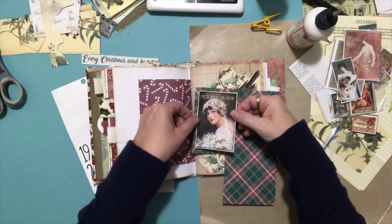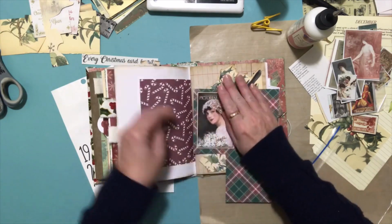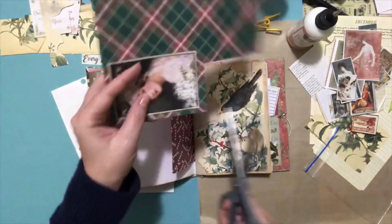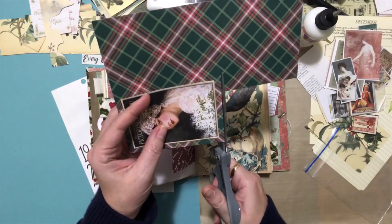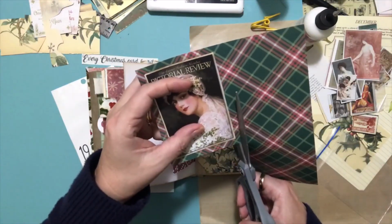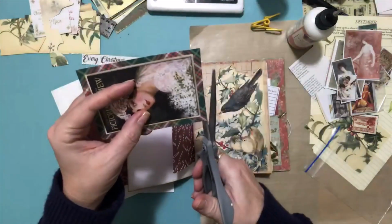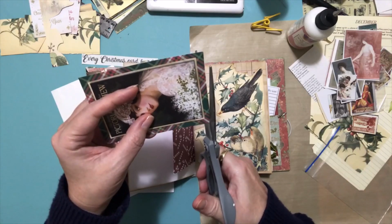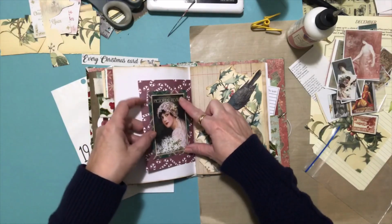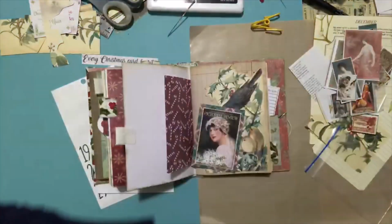Pretty. I don't need very much showing, just a little bit. Okay, and then I'm just going to trim around the picture. All right. That, and then I'm just going to add that on that side. And what I might do is just with my Fabri-Tac, just glue the 3 sides, and then I can always